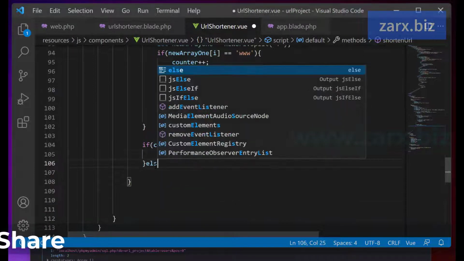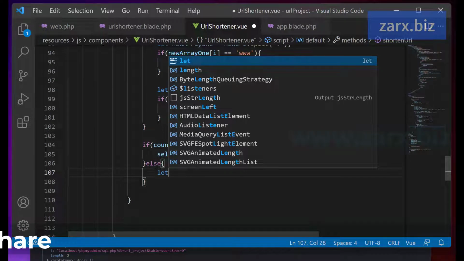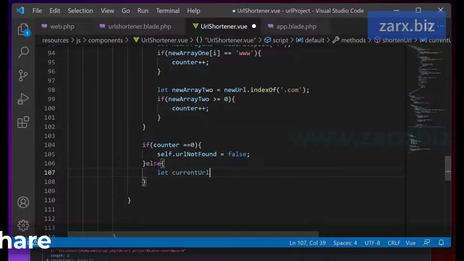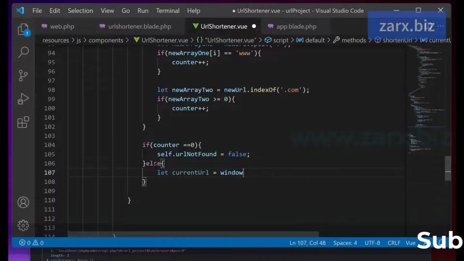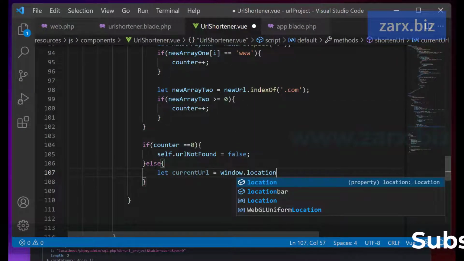And then we say else, we need to process it. So for process, we need to say here let, and they're going to be current URL, and I want to say here a complete URL basically. So it's going to be window dot location dot href,